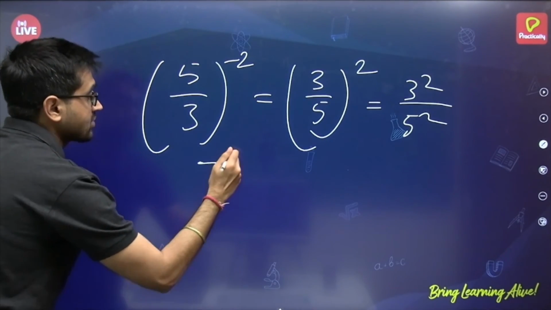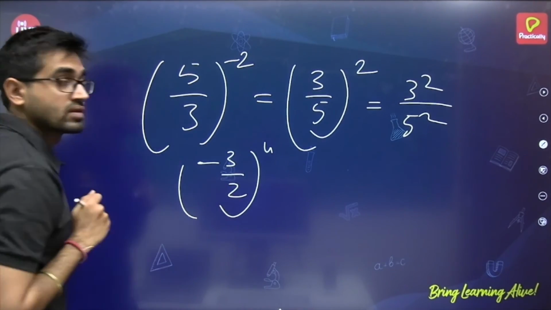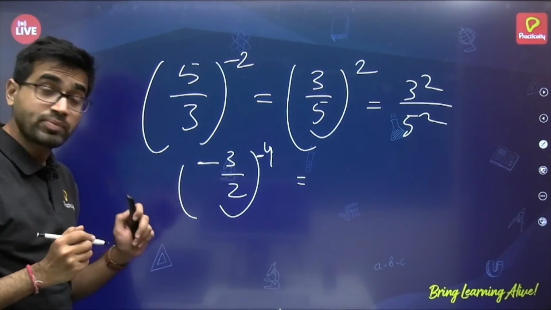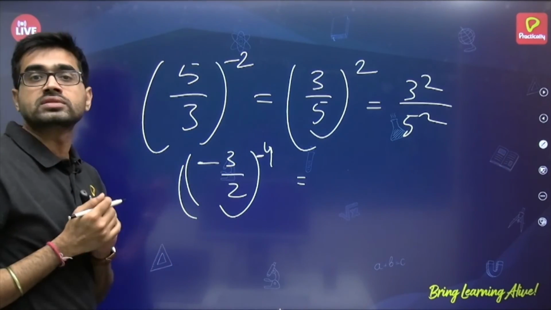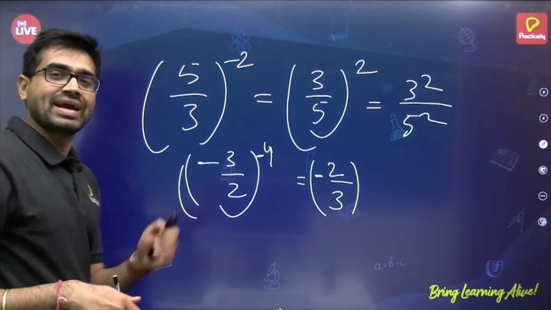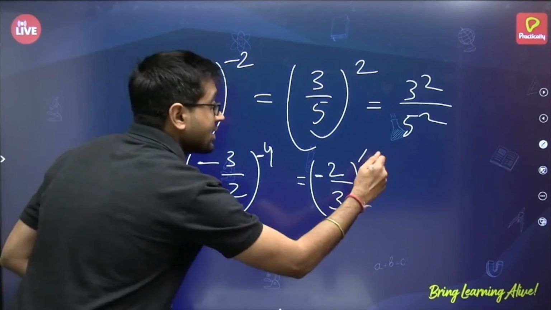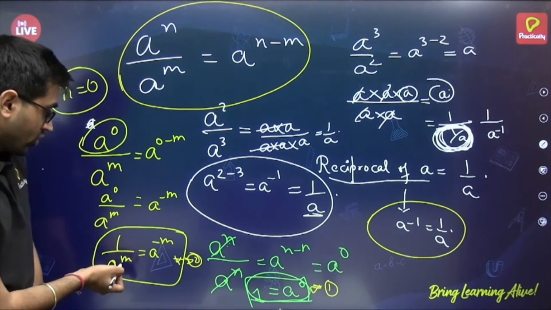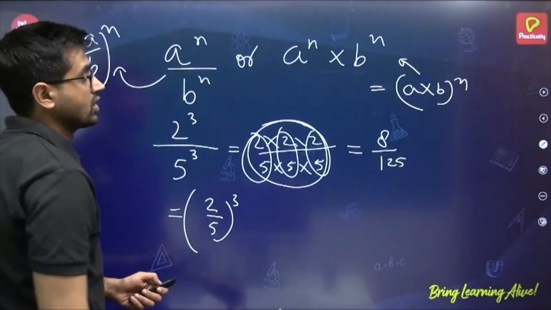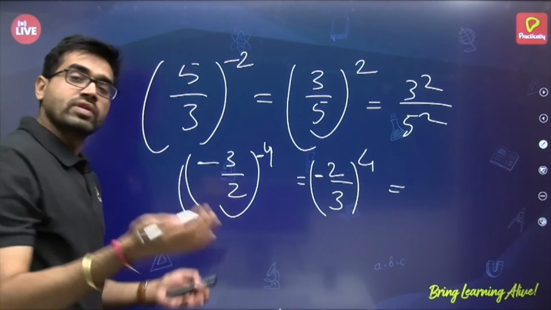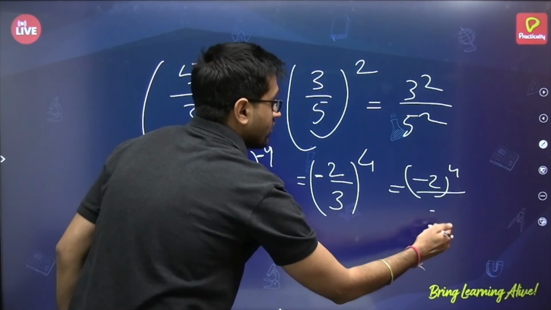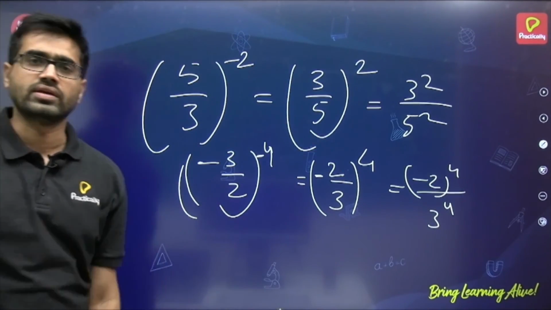Now if I write something like (minus 3 by 2) raised to the power minus 4, remember that you are reciprocaling. Reciprocal will not remove minus from inside. Again a mistake we make. So we will keep the minus. Minus in denominator and minus in numerator are the same. But the power will become positive. This is what I have taught you. Negative power means reciprocal, and the power is positive. So the power becomes positive, or the power flips the sign. Remember it this way. And now I can distribute this to each term of the numerator and denominator. And now I can expand and write the final answer.